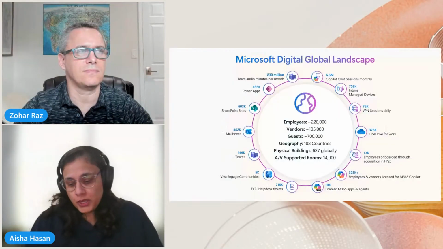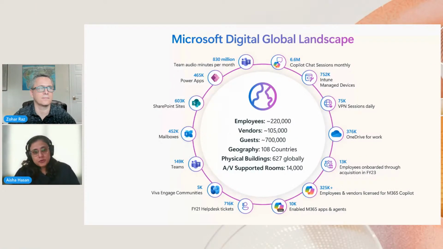So our tenant is pretty much growing exponentially when it comes to our Power Platform landscape. We are over 100,000 environments with more than 400K flows, more than 300K apps. And we have more than 10,000 enterprise agents that have been built in the entire ecosystem. And close to about 30,000 agents that we call the personal agents that employees are just building on a daily basis to just learn more about agents, learn more about Copilot Studio, and then really solve critical individual productivity